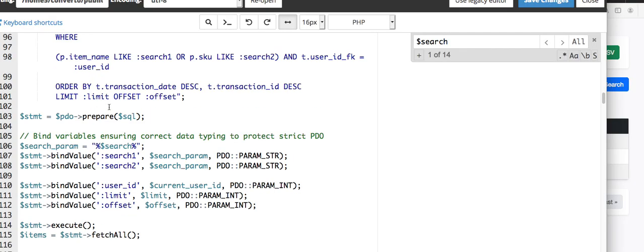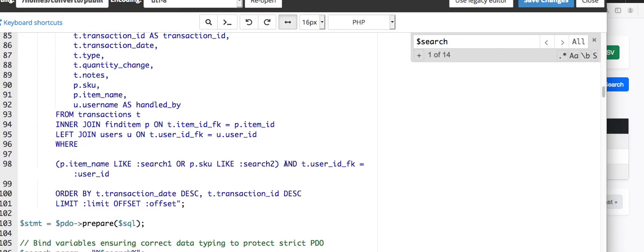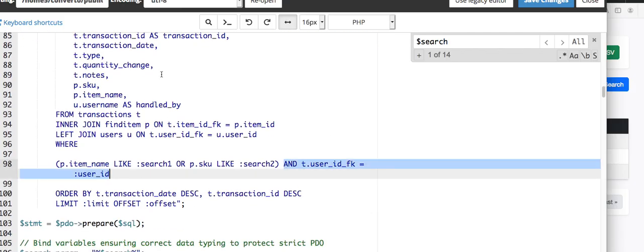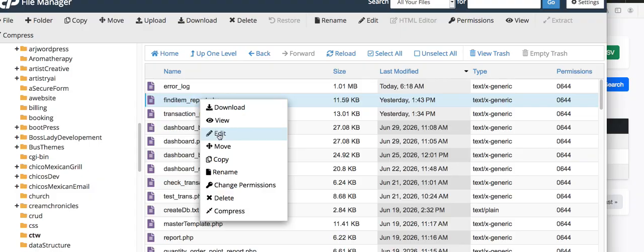All of this stuff, except that you're not dealing with the transaction ID no more. You're dealing with the find item. And see how you got this here that I did, and well, we don't need this in the find item. So if I went to the find item, which just happens to be this one,